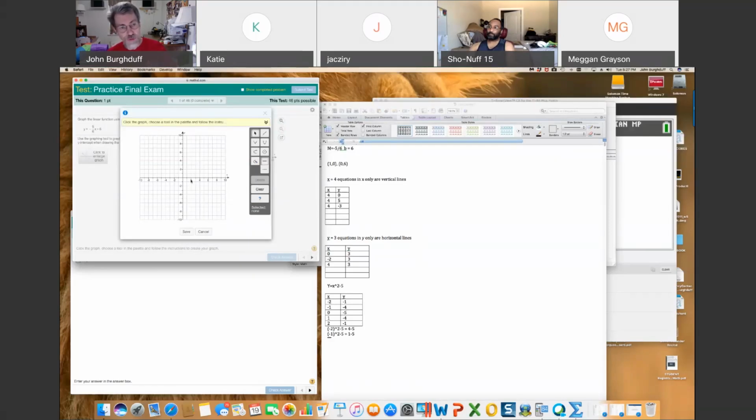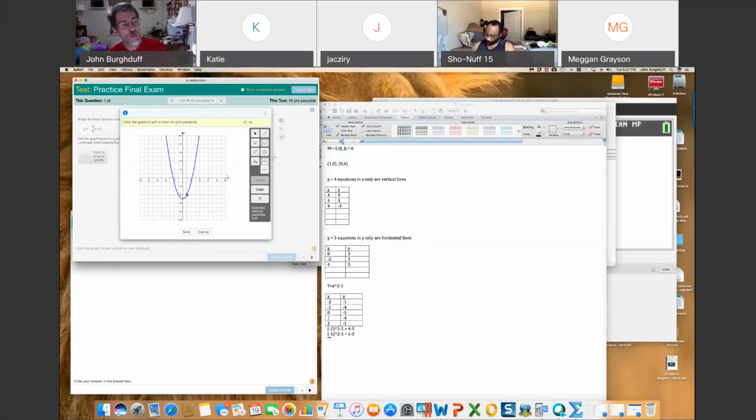So how do you use the tool for that? That's this one. And the way this works is the first thing you do is you figure out where the vertex of the parabola is going to be. That's going to be either the high point or the low point. So if you think about where those points were, -2, -1, -1, -4, 0, -5, 1, -4. Notice that the whole thing sort of turns at this point. This is a low point right here. We call that the vertex. Click that point first,